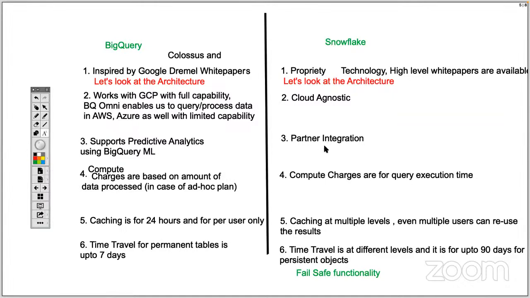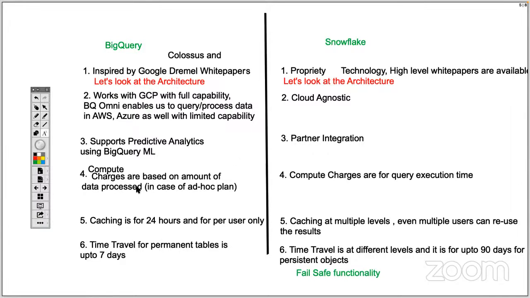Snowflake integrates very well with the partner ecosystem. There are a lot of partners of Snowflake through which we can easily implement machine learning models. So it's not within Snowflake, but outside Snowflake. Even Snowflake can integrate with Spark, and in Spark, we have Spark machine learning. So you can easily work with Snowflake data with Spark machine learning because we have the Snowflake Spark connector also.